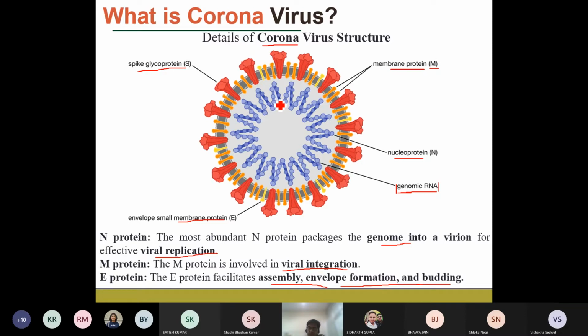So we use the technique called RT-PCR. PCR is a technique which is used to amplify DNA. Okay, and that helps in the detection or the quantification of this type of DNA material. And in the case where we have RNA, that's why we use an enzyme called reverse transcriptase, which converts this RNA to DNA, and then that DNA is actually amplified using the PCR machine.